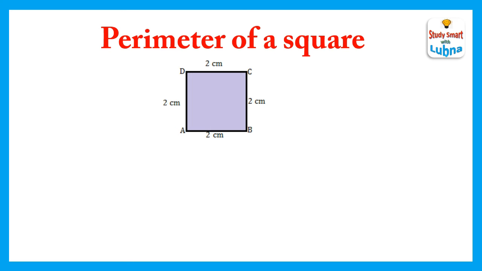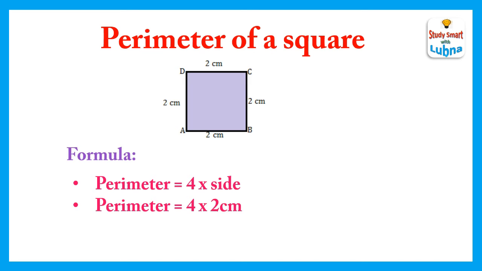Now here we are going to find the perimeter of a square by using the second formula. Perimeter is equal to 4 multiplied by side. It is also very easy. We'll simply multiply 4 by its side. You know, all the sides of the square are the same in length, so we'll multiply any of the sides. That is 2 cm. 4 2s are 8. So the perimeter of a square is equal to 8 cm.